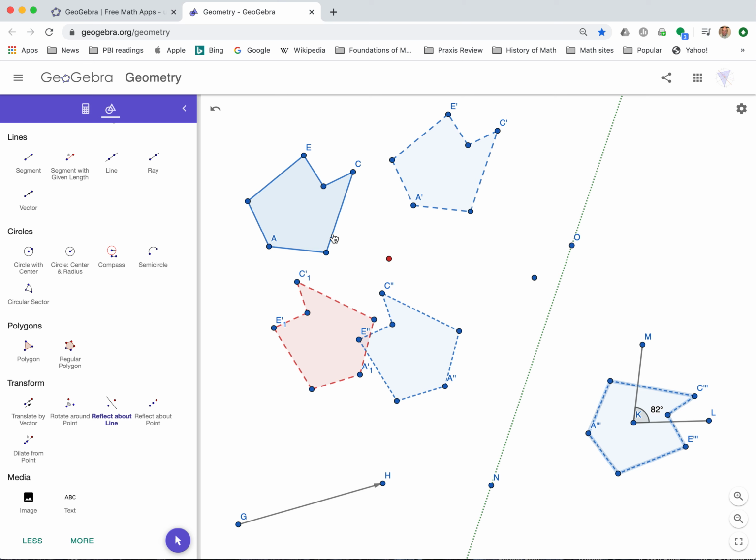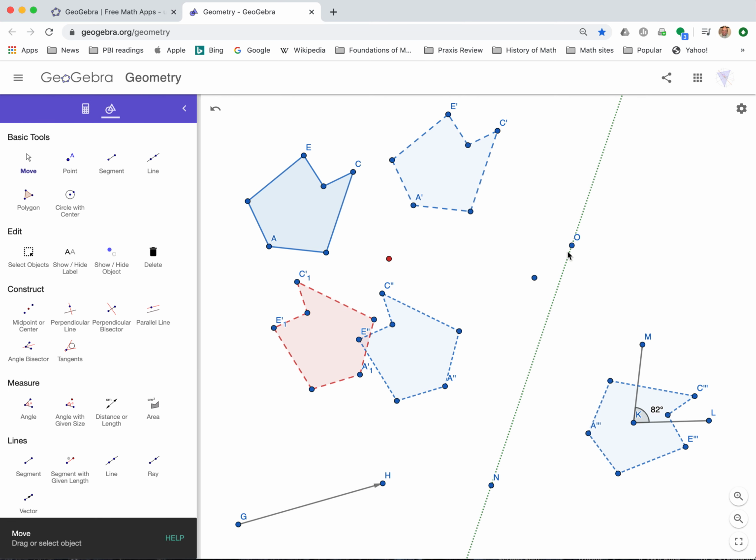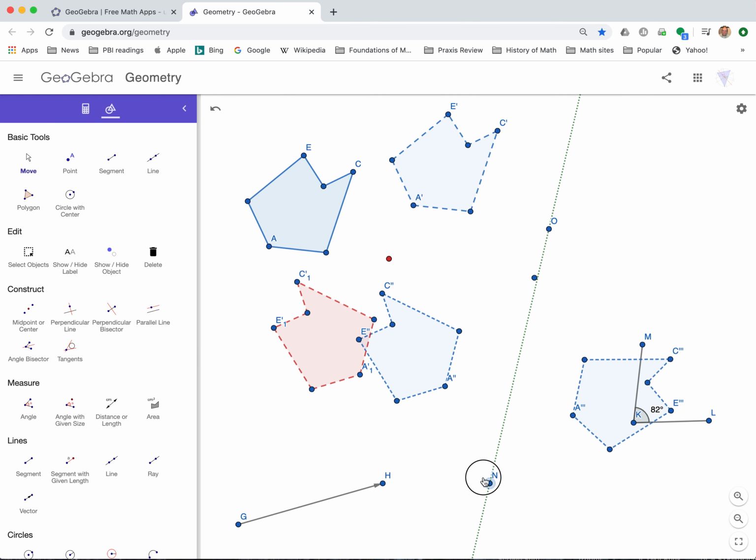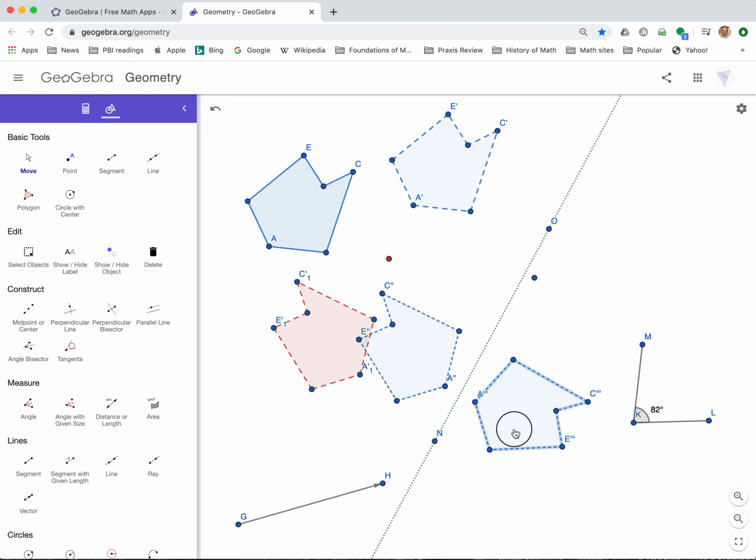So now I want to get from the original to this in a single transformation. Here it's going to be more difficult to find a single transformation. Notice again here, if I move this line, the image moves accordingly. Okay. So if I want to get from here to here in a single transformation, a single motion, it's going to take more than just a translation. I can see that. Rotation, maybe,